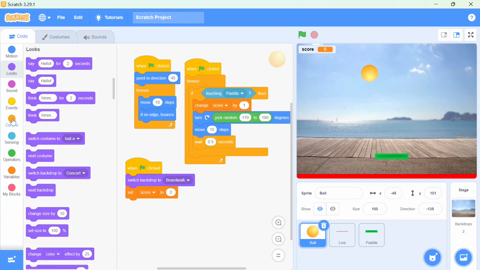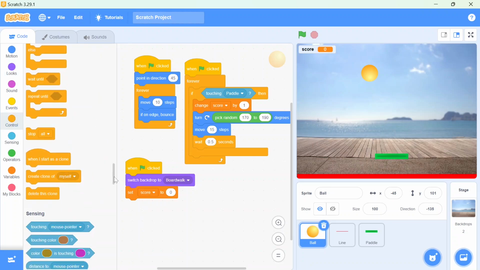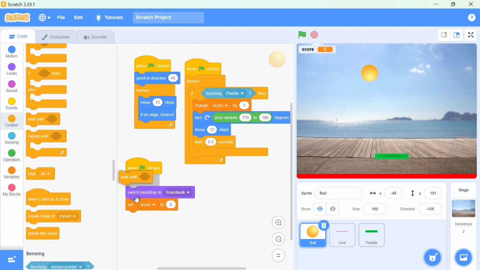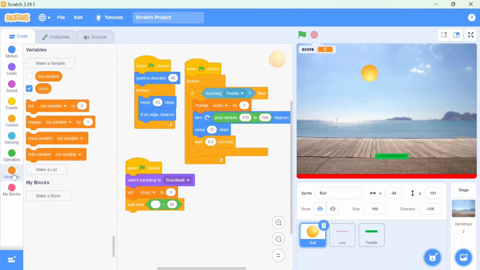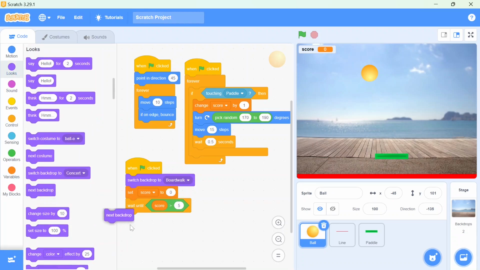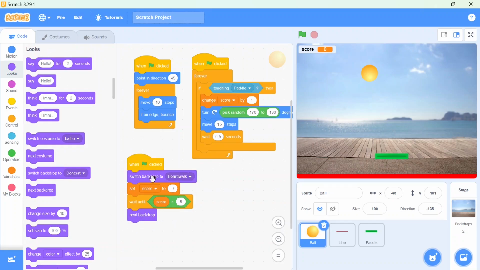So here I will go into the control block, and I will use wait until, and what should I take over here? The operator block, and in the operator block, the score from the variable is more than 5. Then what should happen? Our backdrop should be changed. This one is done.